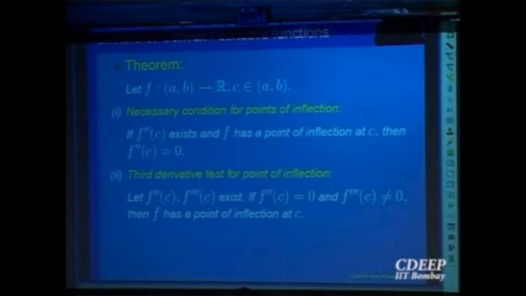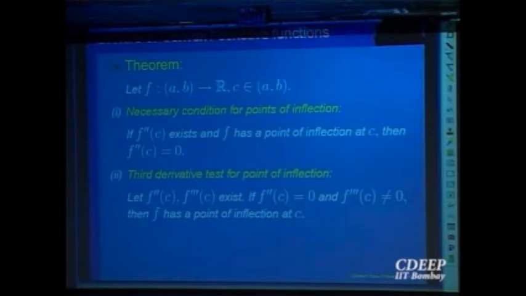But you are given it is a point of inflection. So already you know, because the first derivative exists, the nature of the first derivative on the right of the point and on the left of the point. Supposing the function is concave down on the left and concave up on the right, point of inflection says this is one of the possibilities. It should change nature. So f prime either is increasing on the left and decreasing on the right. So use this nature and that will give you what the second derivative should be equal to.